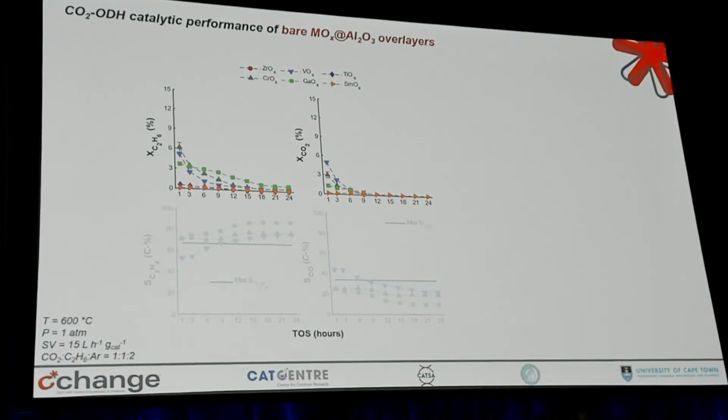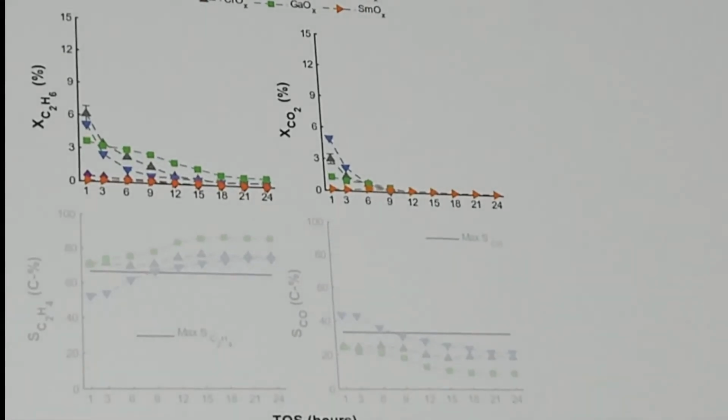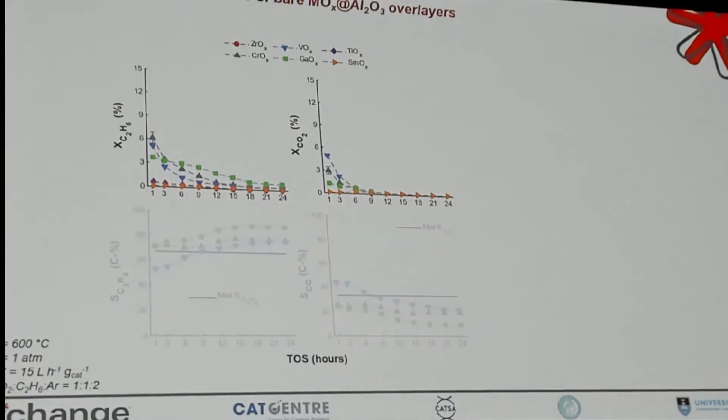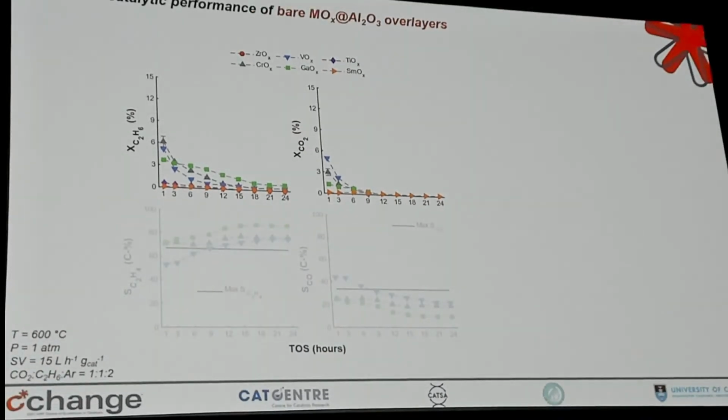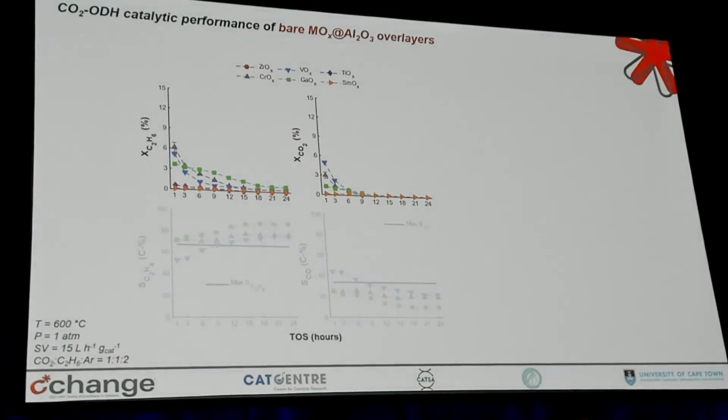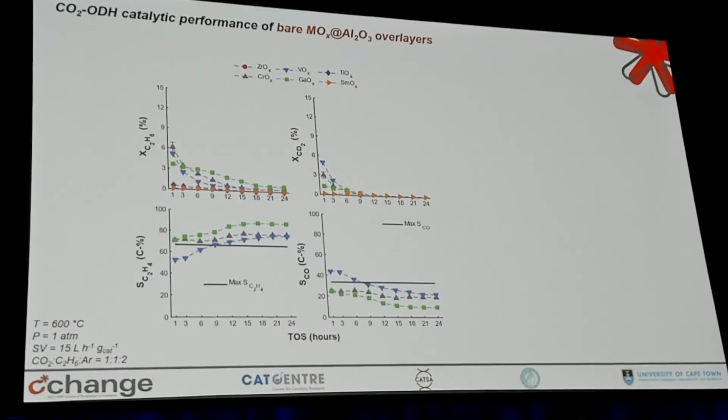Now on the monolayers, we performed CO2 oxidative dehydrogenation reactions on all of the monolayers. This is without the iron particles, and we exposed them to a temperature of 600 degrees Celsius at a 1:1 feed ratio of CO2 and ethane at 1 atmosphere pressure. We exposed these samples to 24 hours downstream, and what we can observe is that from the 6 monolayers, zirconia, chromium, vanadium, gallium, titanium, and samarium,